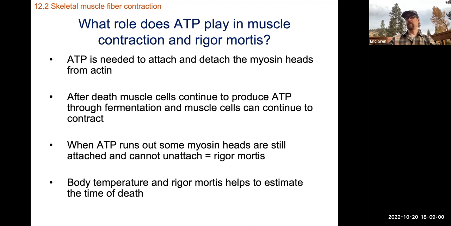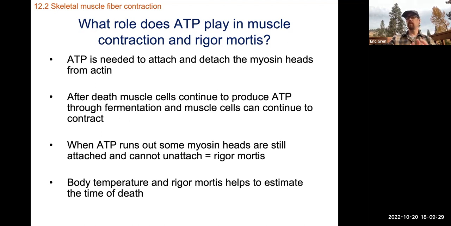Obviously, if the organism's passed away, they're no longer breathing, so there's no oxygen coming in. There's very limited cell respiration that can be happening. But even in the absence of oxygen, remember that fermentation can be happening, okay? And fermentation means that there is still some production of ATP, and we're not producing 36 molecules of ATP for every molecule of glucose, but we are